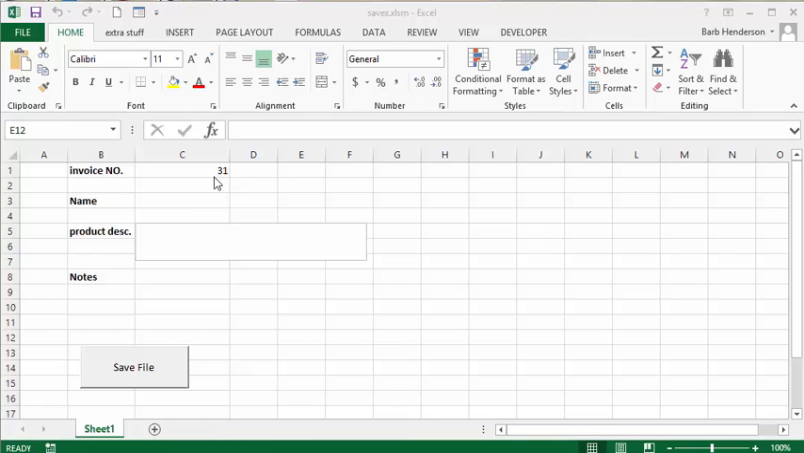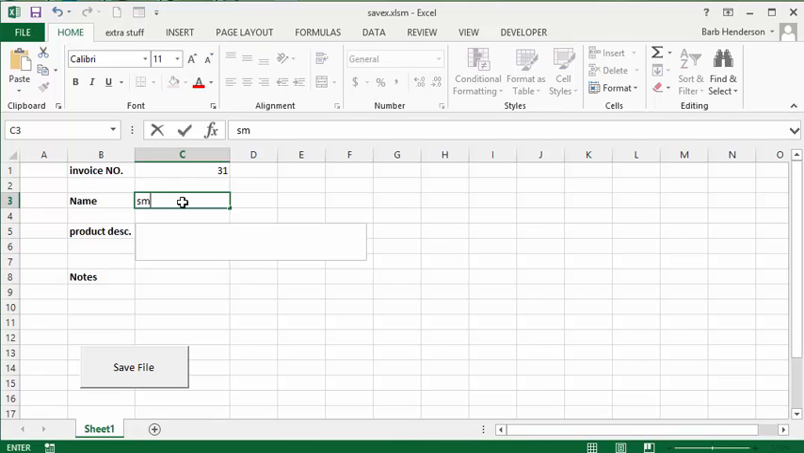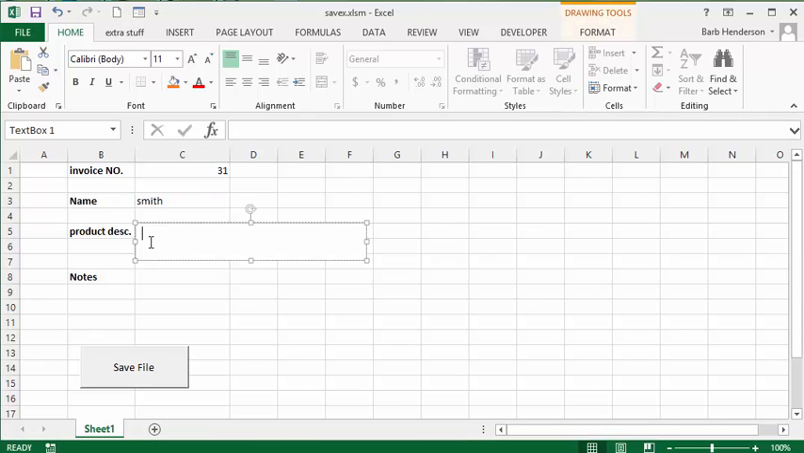So the first is the invoice number, which we want increased. The second is a field for the name, so it's just an ordinary field. The third is a text box. Now the text box is a little bit different than an ordinary field,